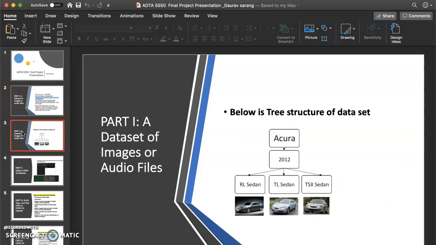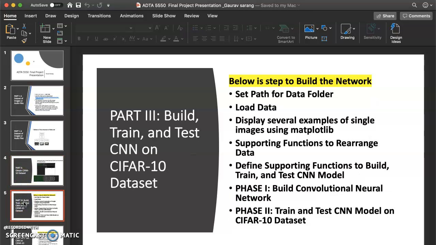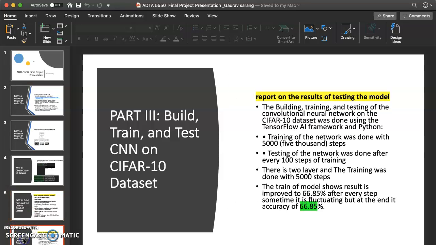The second part was to upload the CIFAR dataset into the remote server. Then the third part was we have to use the CIFAR 10 dataset to build, train and test our CNN model on it.